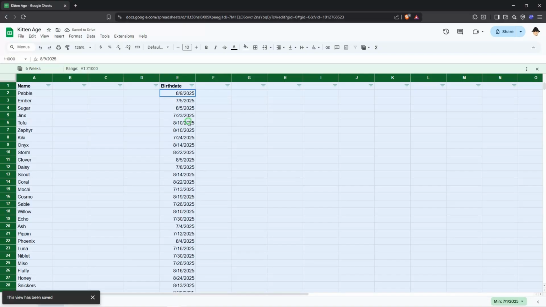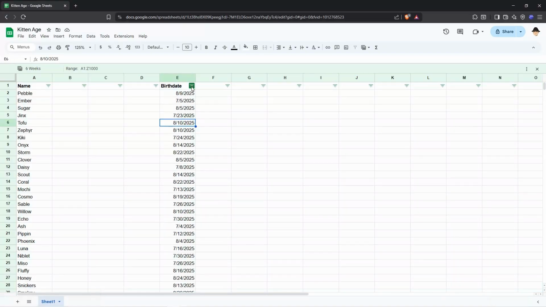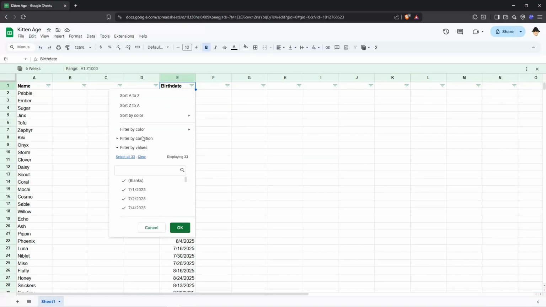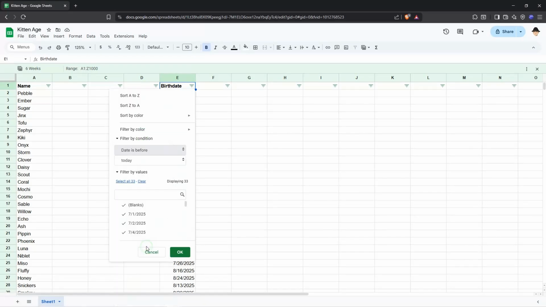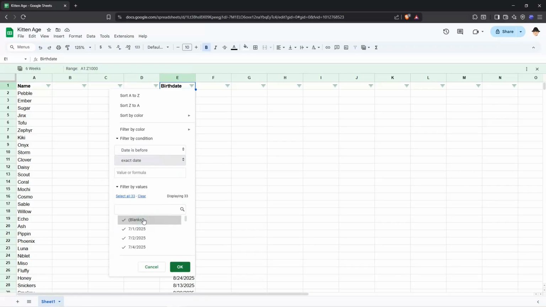Now, to do this, I'm going to click on the drop down on birth date. I'm going to filter by condition, and I'm going to do date is before. It defaults to today, but you can use exact date to type in a formula. My formula is going to be equals today